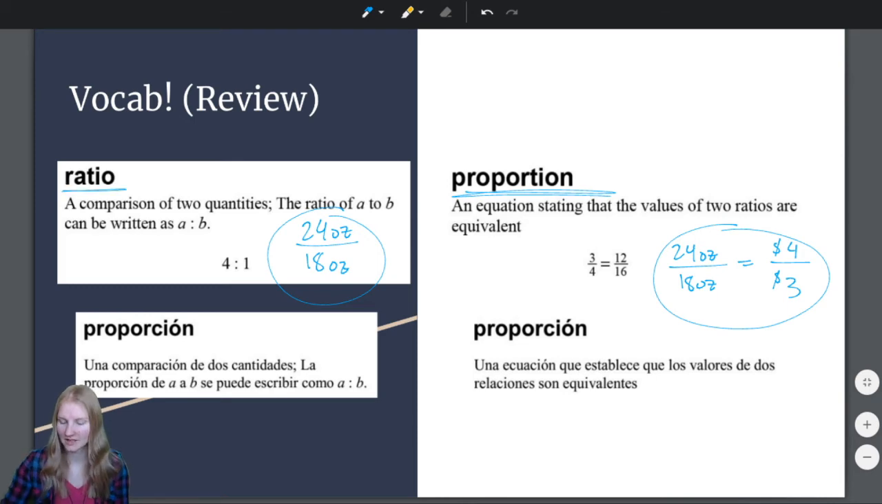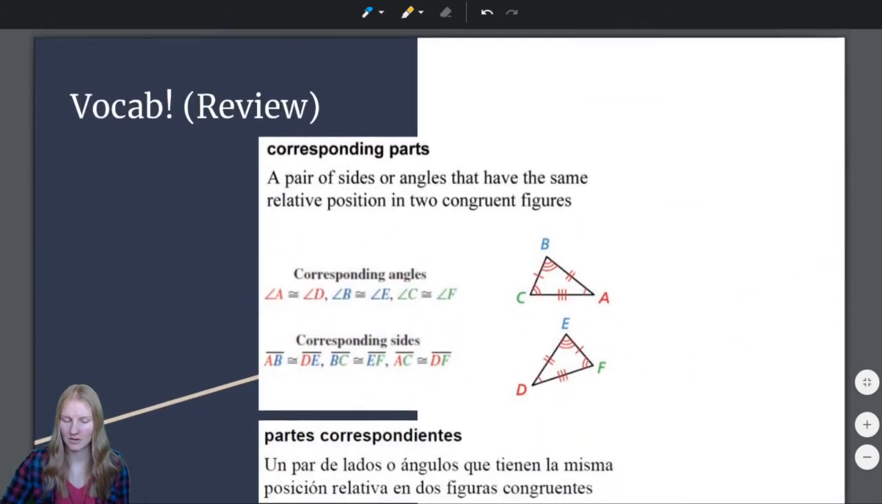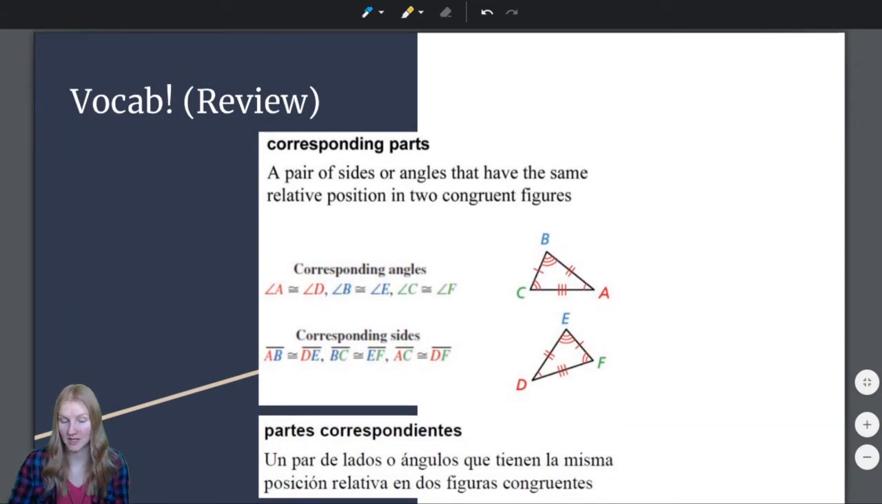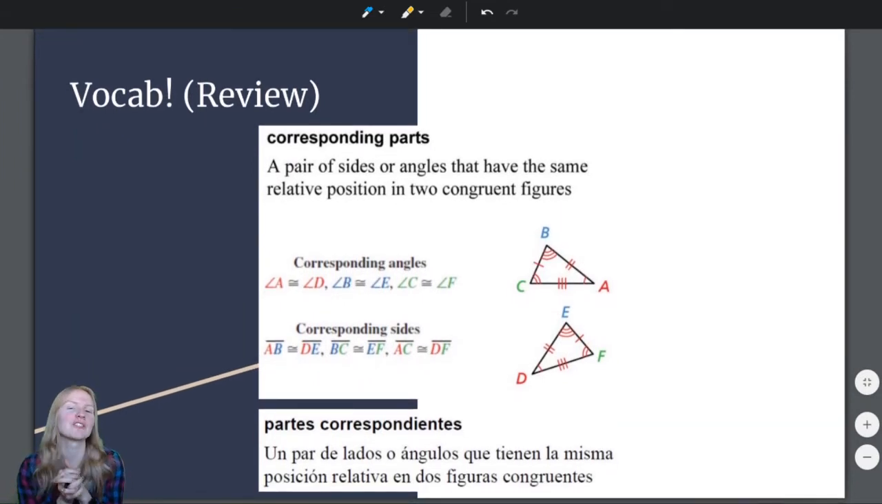Wonderful. All right, now we're going to move on to some more vocab that is review. Corresponding parts. This was from section 5.2. I'll put a link to that in the description as well if you want to go back and watch the video from section 5.2. But corresponding parts are a pair of sides or angles that have the same relative position